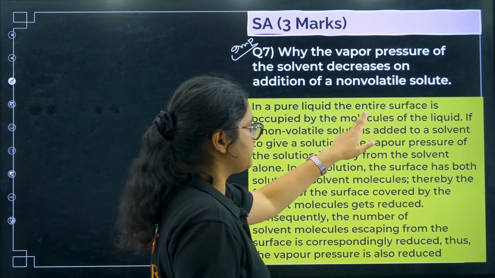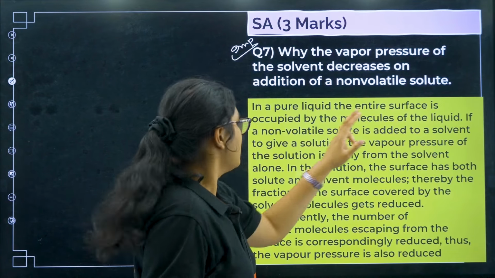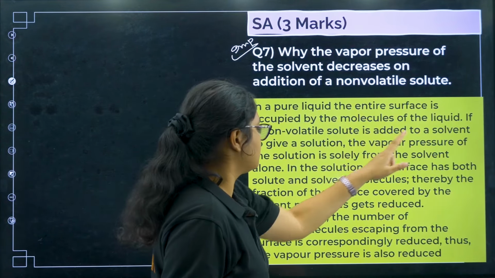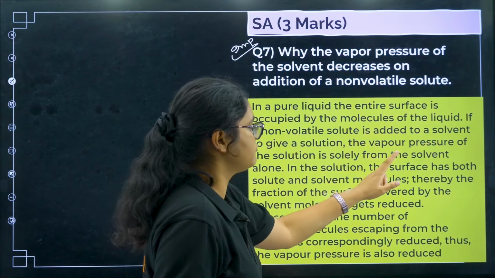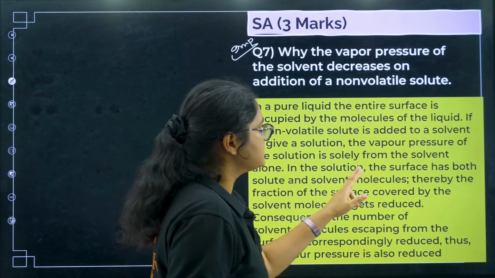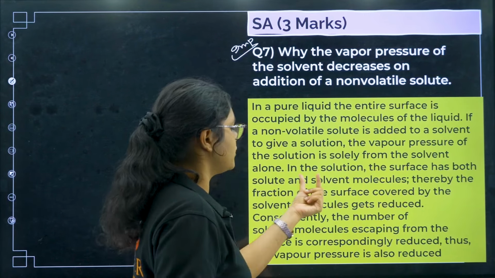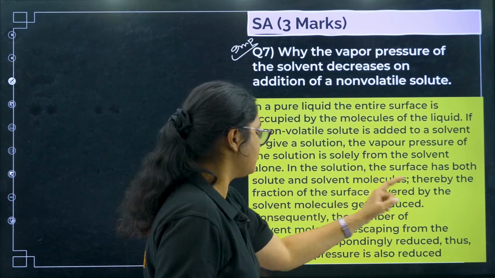In a pure liquid, the entire surface is occupied by the molecules of the liquid. If a non-volatile solute is added to a solvent to give a solution, the vapor pressure of the solution is solely from the solvent alone. So it will be only because of the solvent. In the solution, the surface has both solute and solvent molecules, thereby the fraction of the surface covered by the